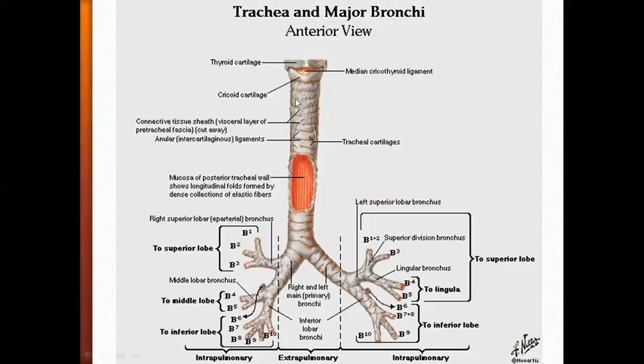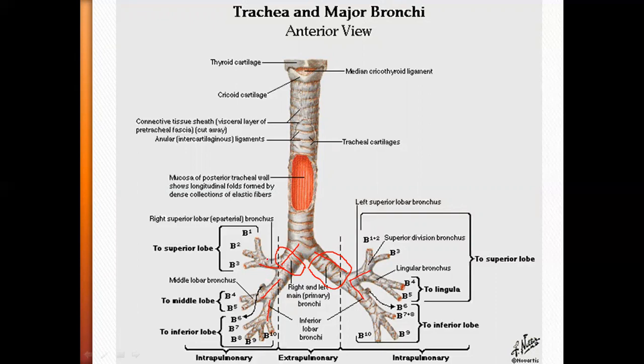Yeah, this is the tree. So here you can see our primary bronchus. This primary, if you see, is divided into secondary. See, 1, 2, 3 secondary on one side, 2 secondary on the other. One more important thing you all have to remember is that the right side primary bronchus is shorter compared to the left side primary bronchus. This is shorter and wider. This is longer and narrower. This difference you have to remember.